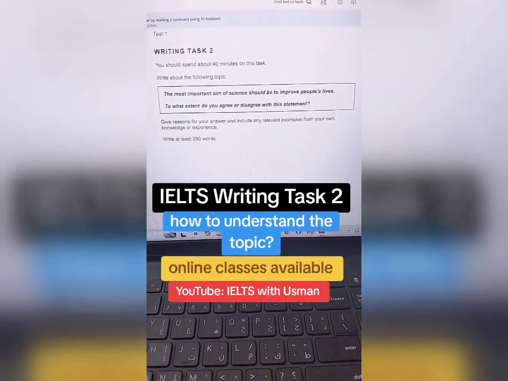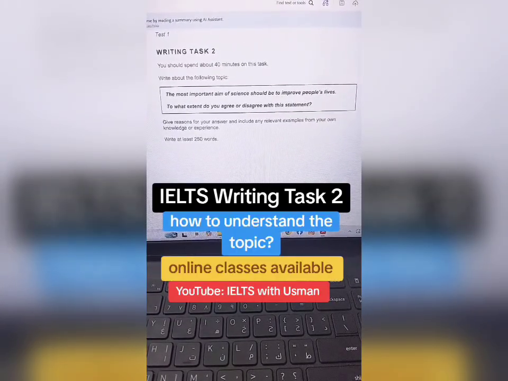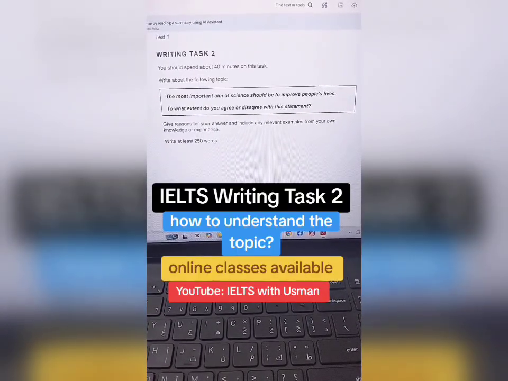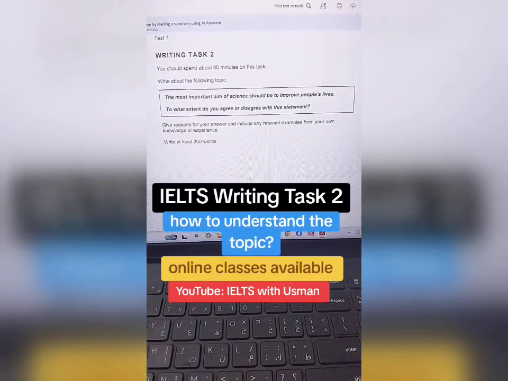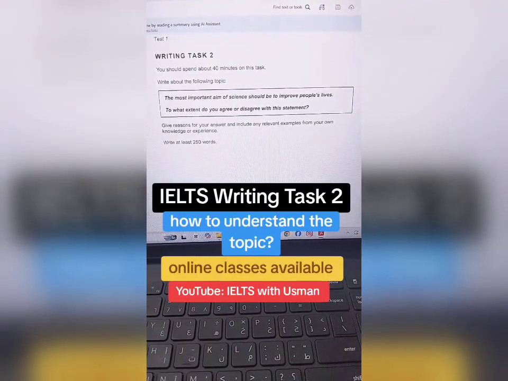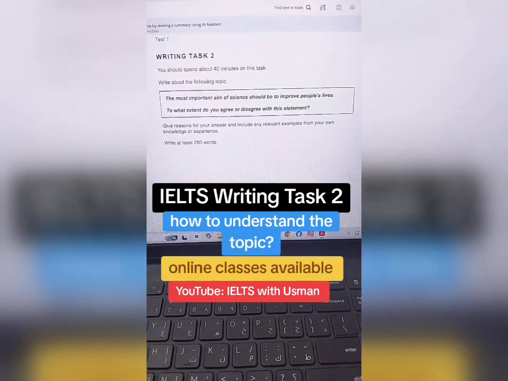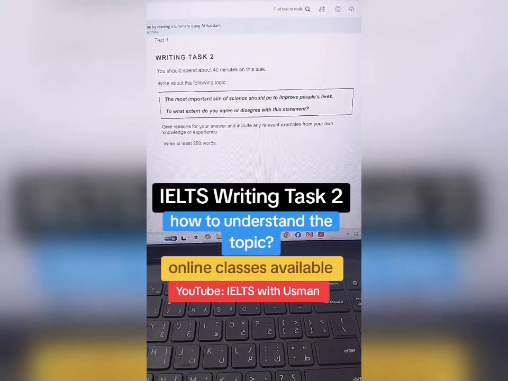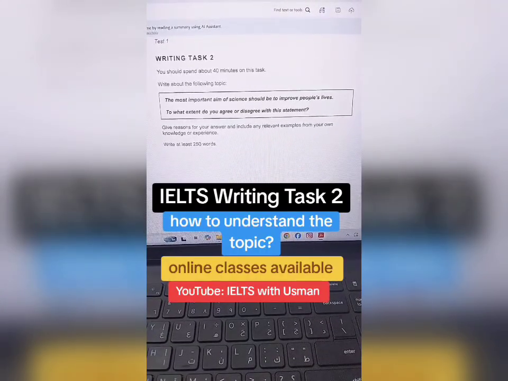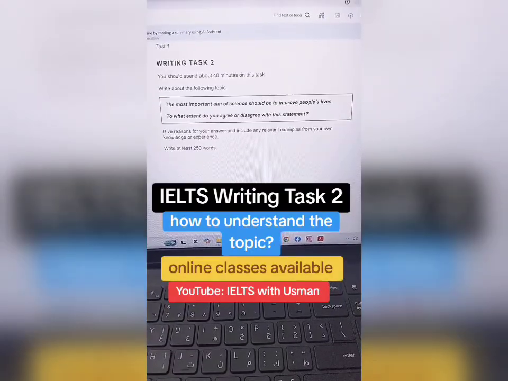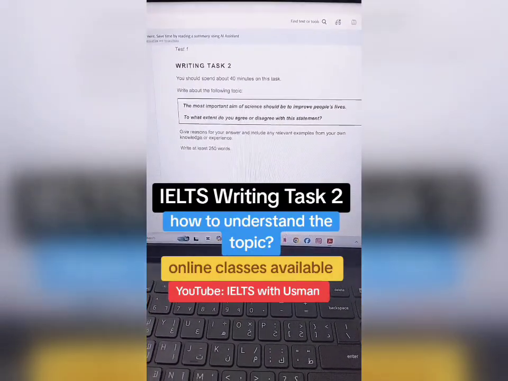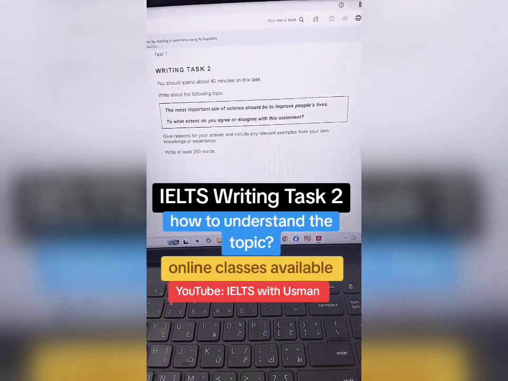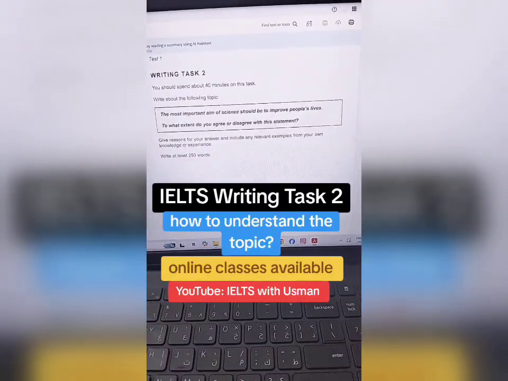You need to know that there are different types of essays which are asked in IELTS writing task 2. For example, you can see essays about advantages and disadvantages. Some essays may ask you about your opinion about something, or you can be introduced to some problem and you are required to suggest the solutions. So the second line will give you the information about the structure of the essay. So it is agree or disagree.